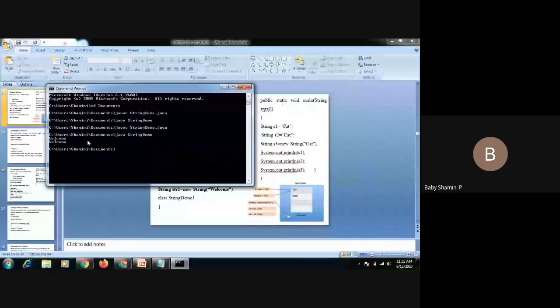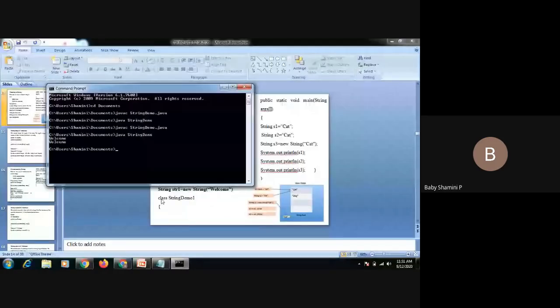The first welcome is stored in the string pool memory location, and the second welcome is stored in the non-pool memory location. So in this way, we can create strings.